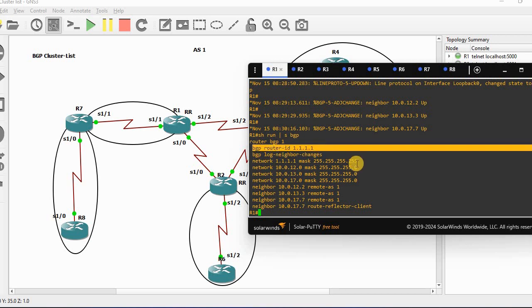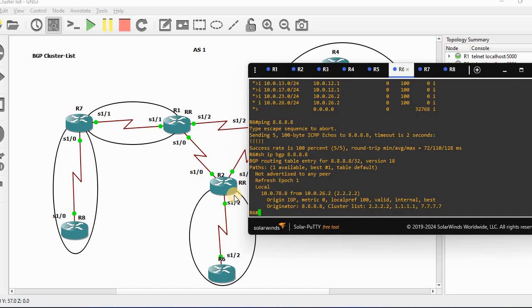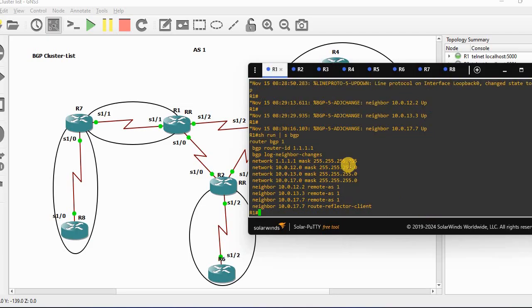We have not hardcoded the cluster ID. If you see in R6, show IP BGP is showing R2, R1, R7. R1's cluster ID is 1.1.1.1, by default it takes the router ID. So if you change the cluster ID,